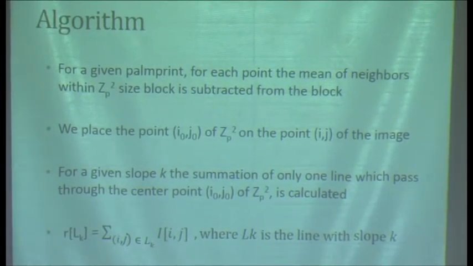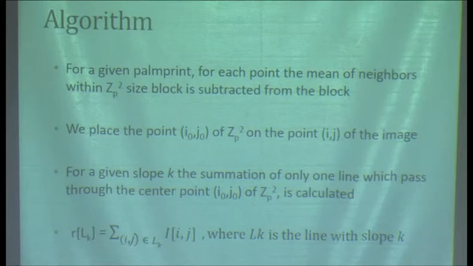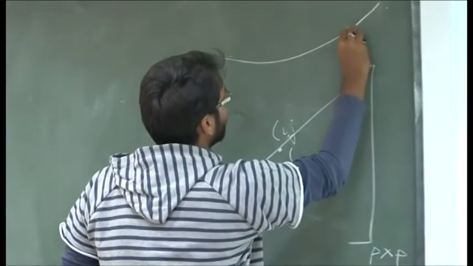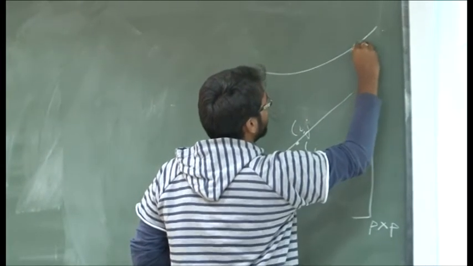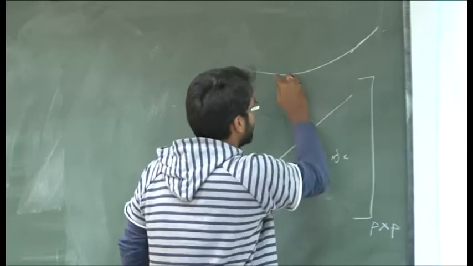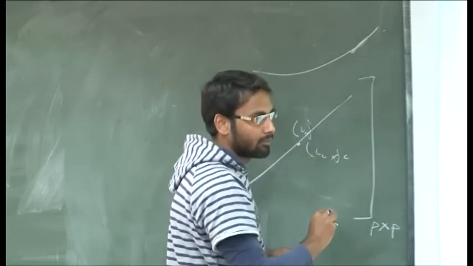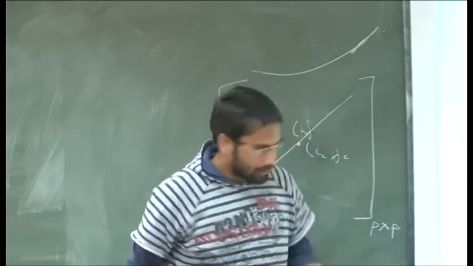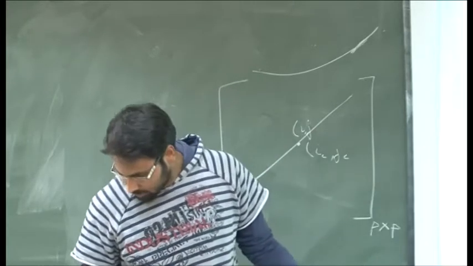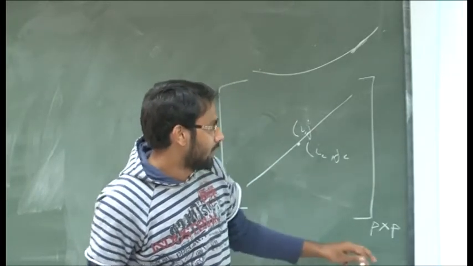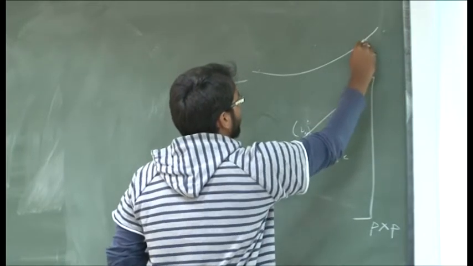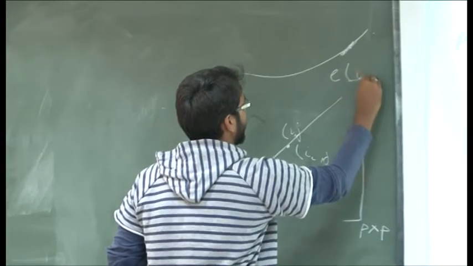Then the assumption is that a palm print can be considered as a straight line in a small locality. So if it is a palm print of this kind, then at this point it should be giving a minimum value, considering that the palm print is darker than the remaining image. So the minimum value would be at this angle. So taking that into account, we calculate the minimum at this point and store it as Eij for point ij.